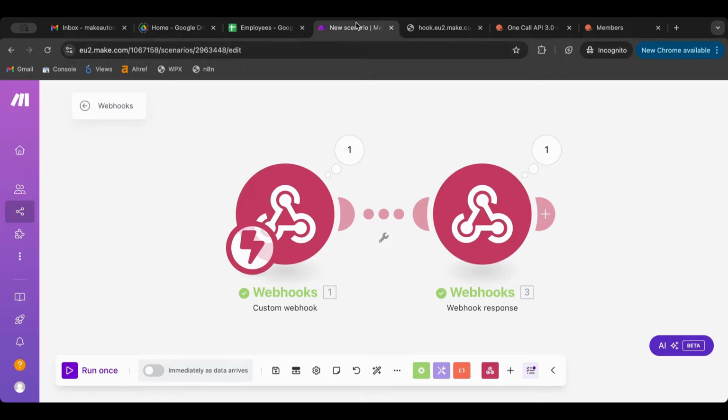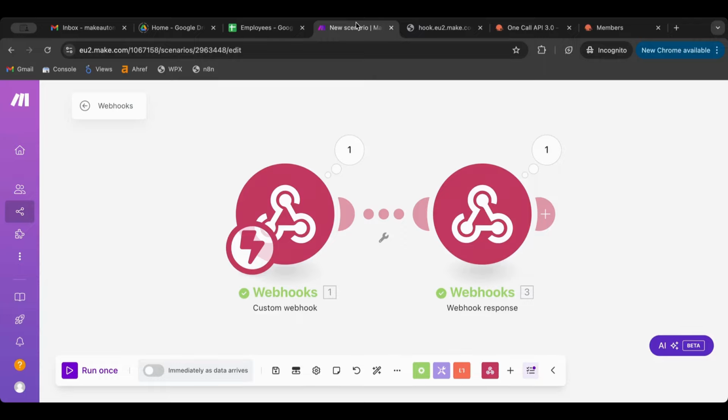It's always instant. Make gives you this webhook URL, so you can use it in your WordPress websites, in your forms, anywhere. You can use it even in your mobile app development. If you use tools like Thunkable or Bubble, you can use it everywhere. You can have Make as the backend that works everything in terms of processes, and you can have these tools that I mentioned as the front end towards everything that is visible to the client,